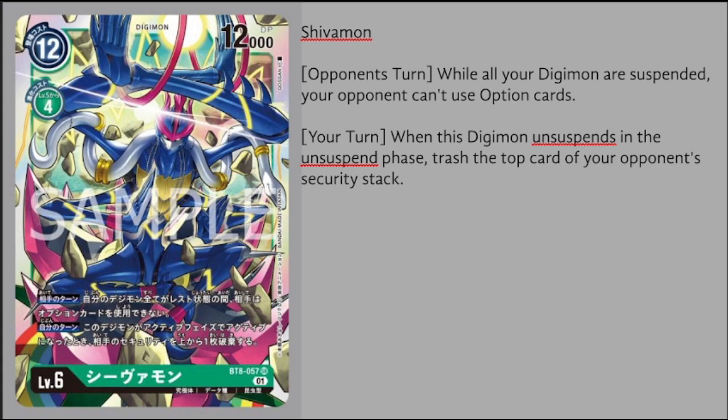So what this Digimon is, it is Shivaman. So Shivaman is a green level 6 that hard plays for 12, evos for 4, and has 12,000 DP. So your usual stat line for a lot of level 6s. And then on top of that, he has two really good abilities. So his first ability is during the opponent's turn, while all your Digimon are suspended, then your opponent can't use